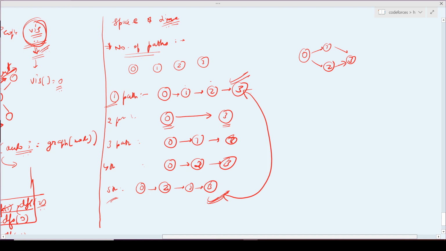So you have to understand that what I represented here is a topological order, which means the initial path. For example, I will represent it like this: 0, 1, 2, 3.